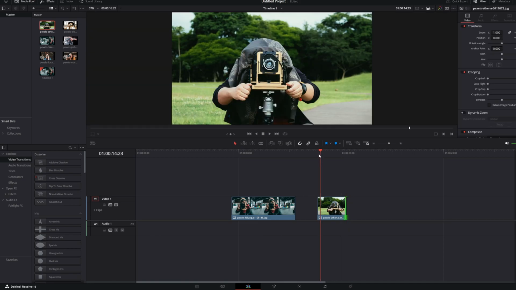Another small workflow habit that will save you time is organizing your images into folders inside the media pool. You can right-click in the media pool and create a new bin. Then place all your photos inside that bin so your project stays organized, especially when you are working with lots